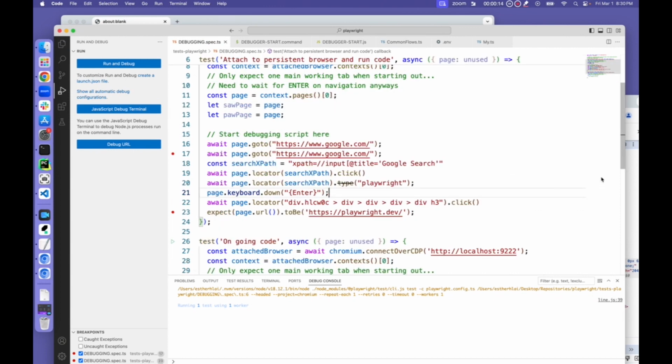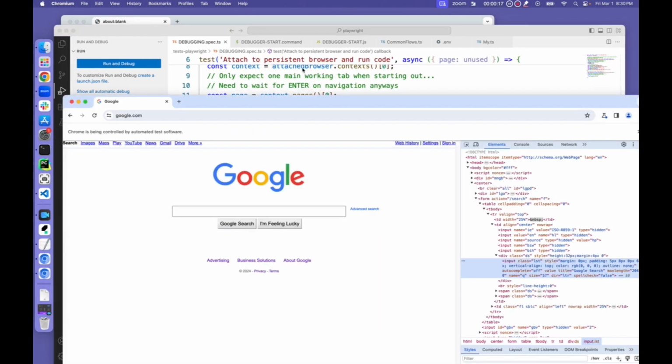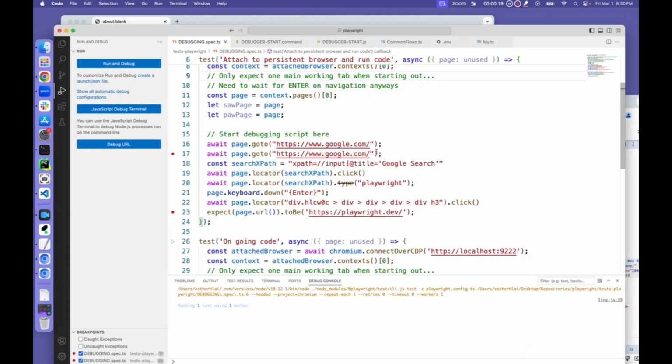So right now you know that it can go to Google, alright, and so this part I would move it